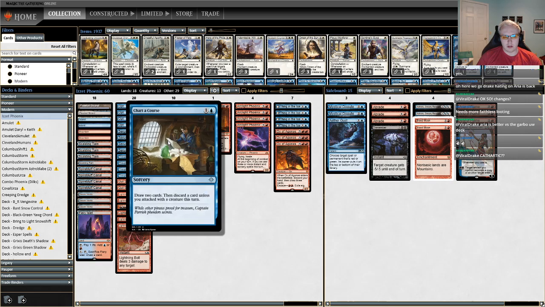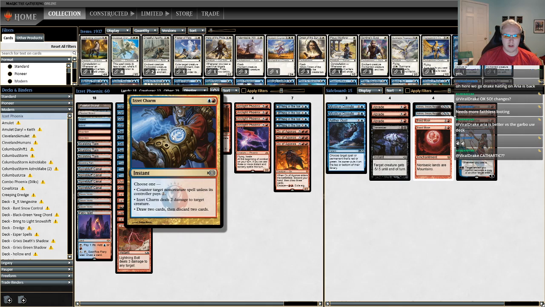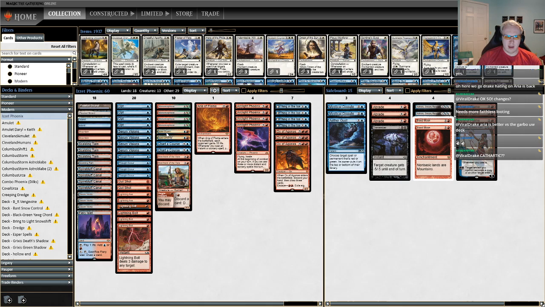But Charter Course might also just be better than both of these. So I think we need to play around with these slots a little bit more. I don't know what's correct. This card was kind of the worst of them. This had a lot more flexibility. The counterspell came up multiple times. So I kind of think we want more of Izzet Charm and less of Charter Course, but I don't know